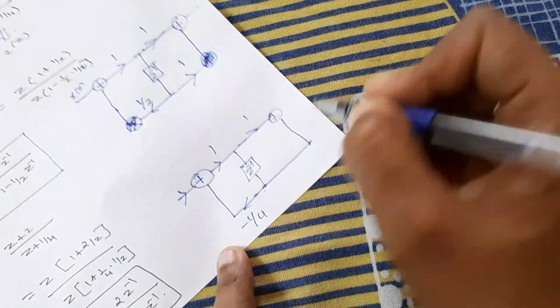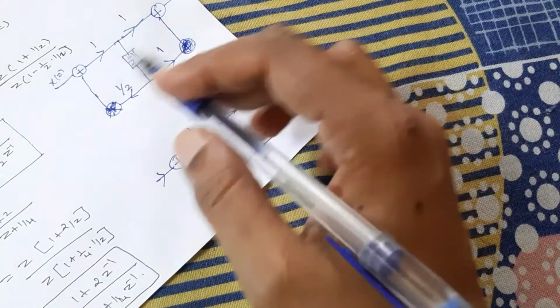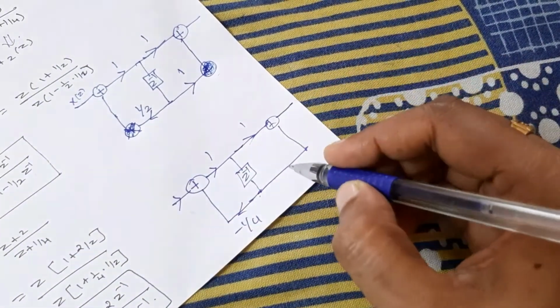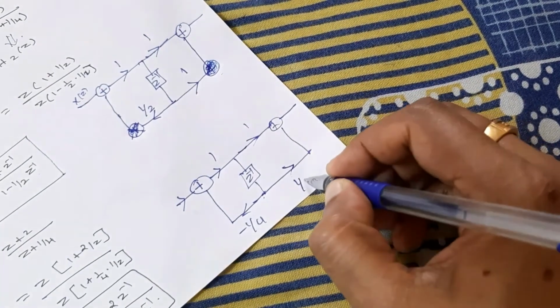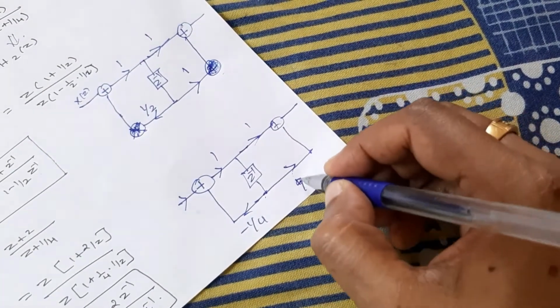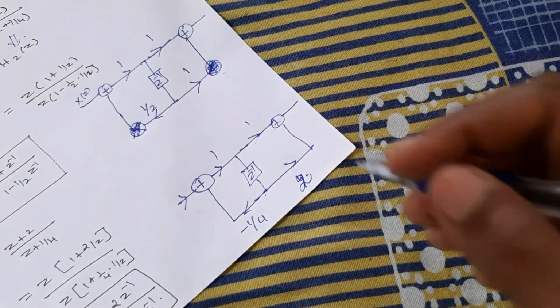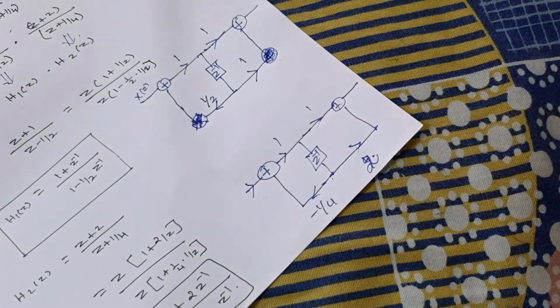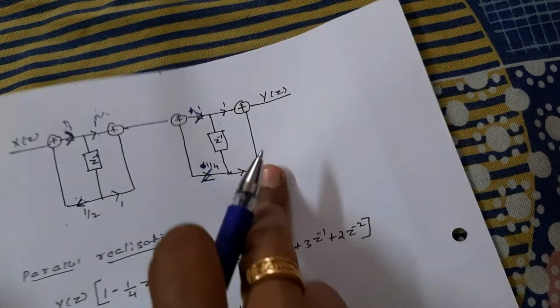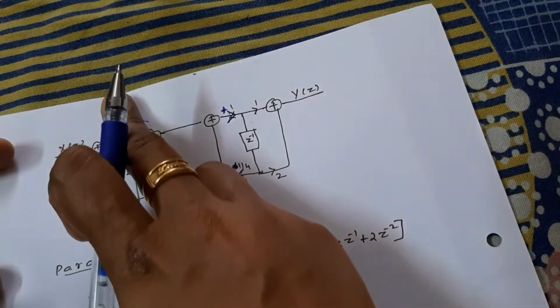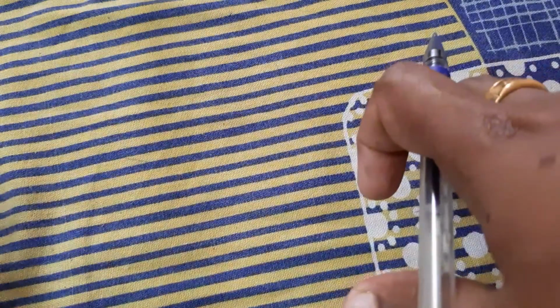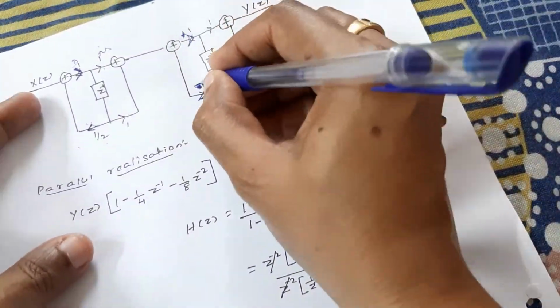So now join this value. Sorry. So here there is only one adder. So if you look at our question, you can see that when one value comes, only one adder is obtained. Okay, so here the output. So here what will be the value? 1 by, that is the numerator value. Okay, so the numerator value is 2. Okay, sorry for this. So here only one adder. So listen to the diagram. Okay, so now combine these two diagrams. So if you combine these two, you will get the cascade realization. So it is h1 of Z and it is h2 of Z. Okay, and another one. So here draw, here it is minus 1 by 4.